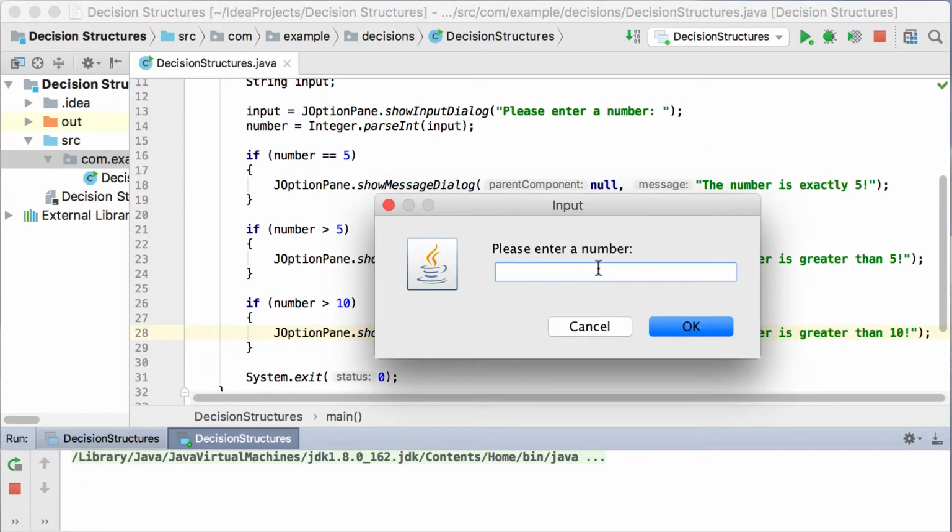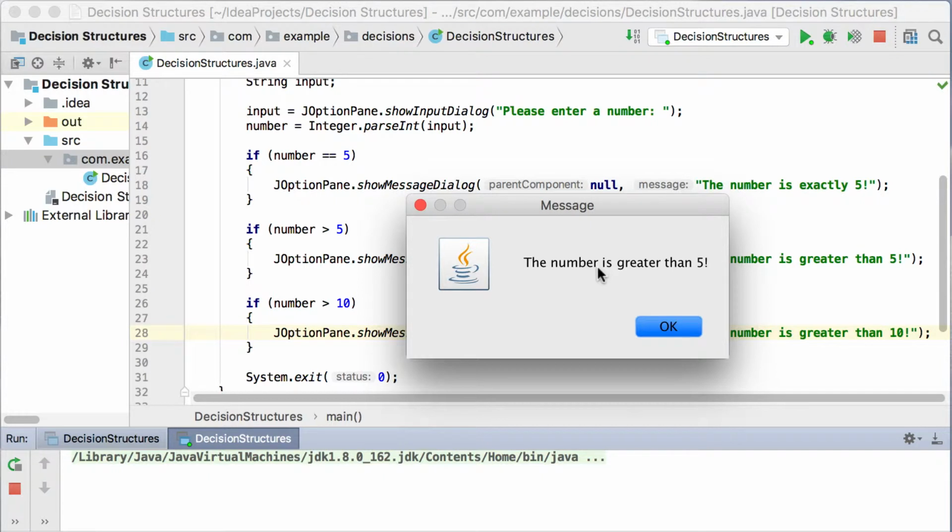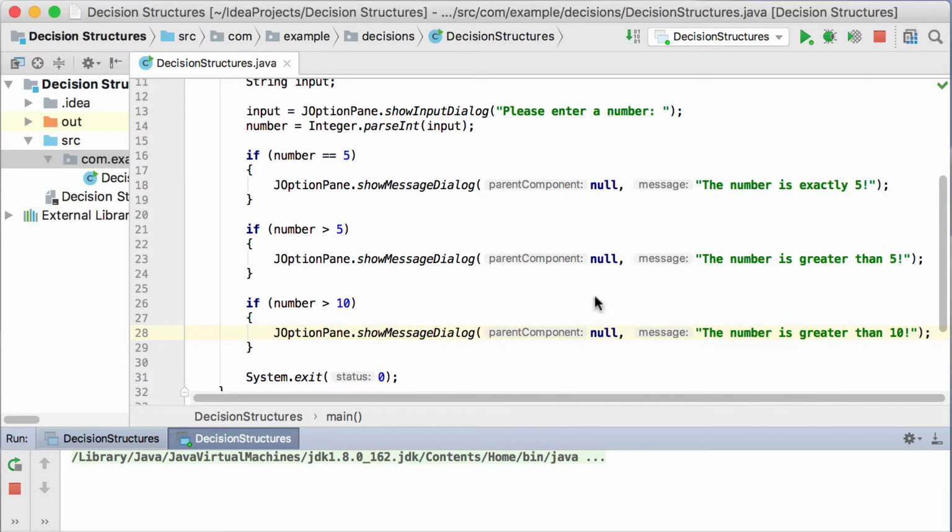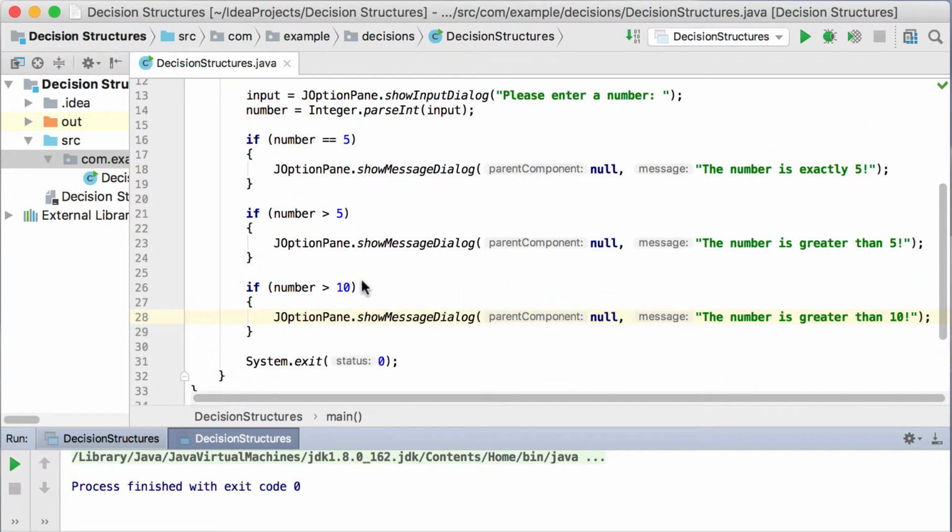Now let's run it again, and let's make that number 12 now. So now it will say the number is greater than 5 because 12 is greater than 5. But it will also go to this if statement to say the number is also greater than 10. So this is just a normal if statement, and the problem we have now is that if I only wanted